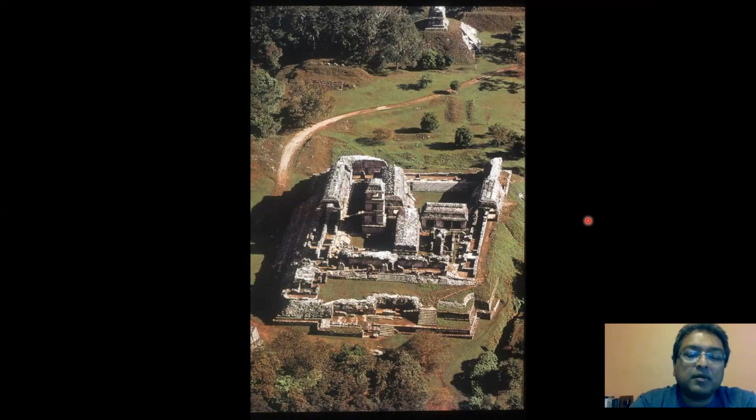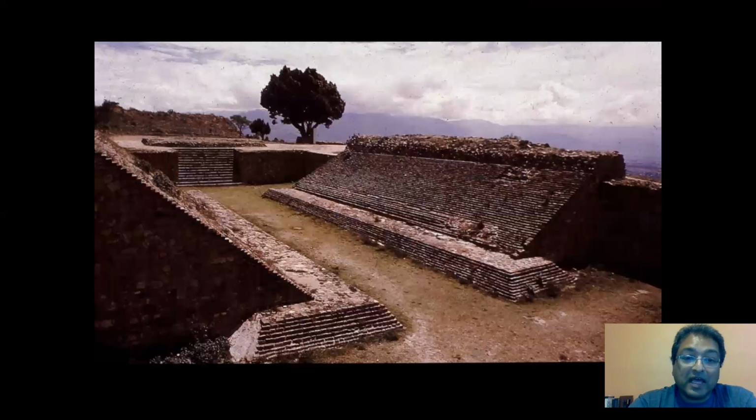It was always a collection of these independent kingdoms, and each of these kingdoms was controlled, again, like I said, by powerful rulers, a number of whom would spend a considerable amount of their resources investing in these massive construction projects, which is what we find as archaeologists, the remains of these incredible cities. In addition to temples and palaces, they had other buildings as well, including things like ball courts. This is a ball court, but in addition to this, they had administrative buildings, marketplaces, they dug reservoirs for storing water, and a lot of other structures and features that were a part of a Maya city.